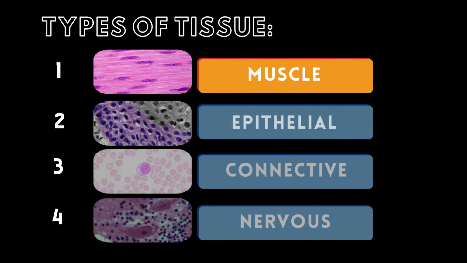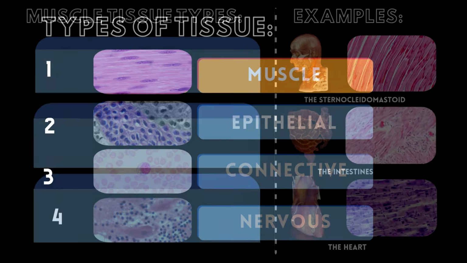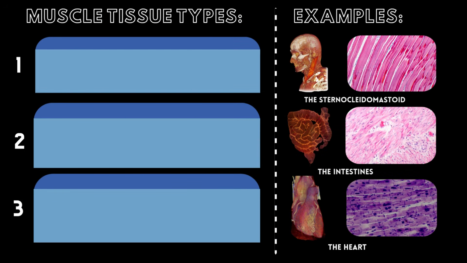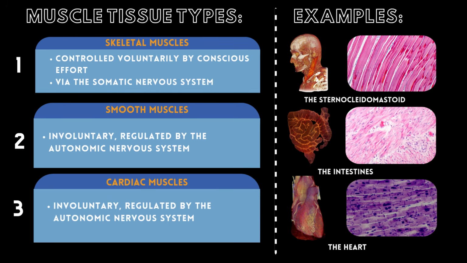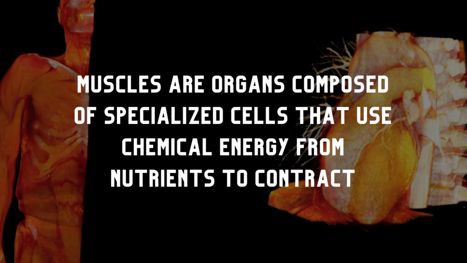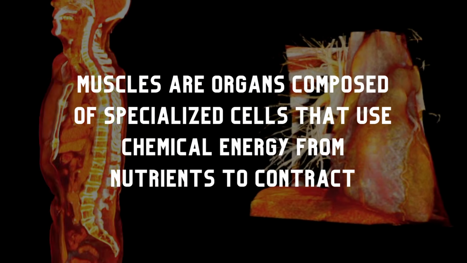Muscle tissue is one of the 4 fundamental types of tissue, and every muscle in the body fits one of 3 categories: skeletal, smooth, and cardiac. Of the types of muscle tissue, only skeletal muscle is controlled voluntarily by conscious effort, thanks to the somatic nervous system. Your heart and organs function on their own, regulated by the autonomic nervous system. While each classification of muscle has distinct characteristics, all muscles are organs composed of specialized cells that use chemical energy